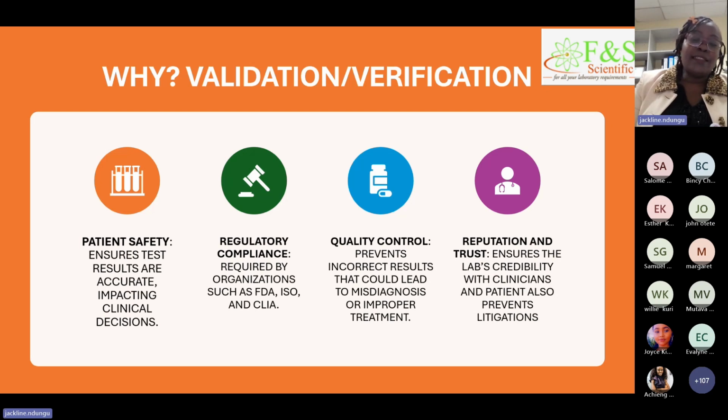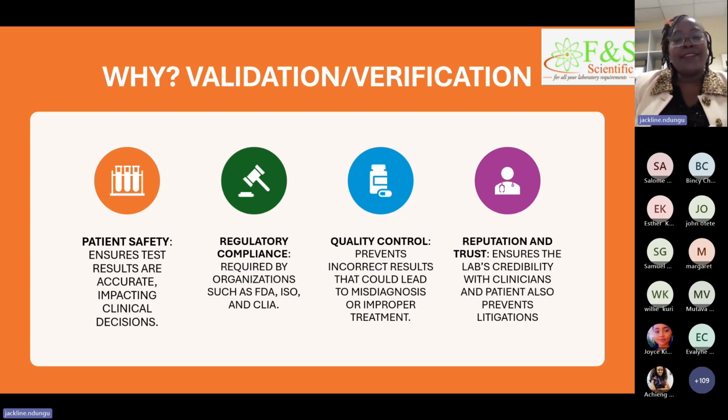What we have currently at Aga Khan is ISO and CLIA, because CAP has borrowed some ISO 15189 standards, and they are also having CLIA. So we also want to ensure that results that may lead to misdiagnosis are not there, and anything that will lead to improper treatment. For example, if I have not validated my equipment, if I have not verified my equipment, and then I come,